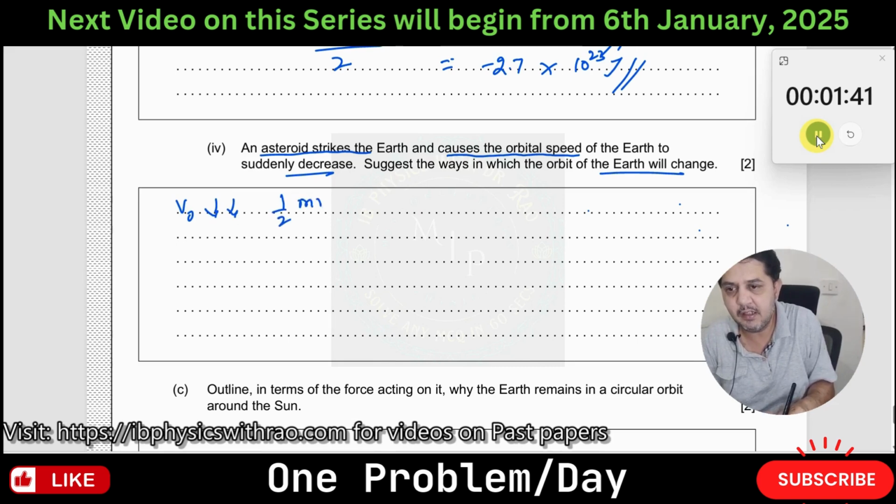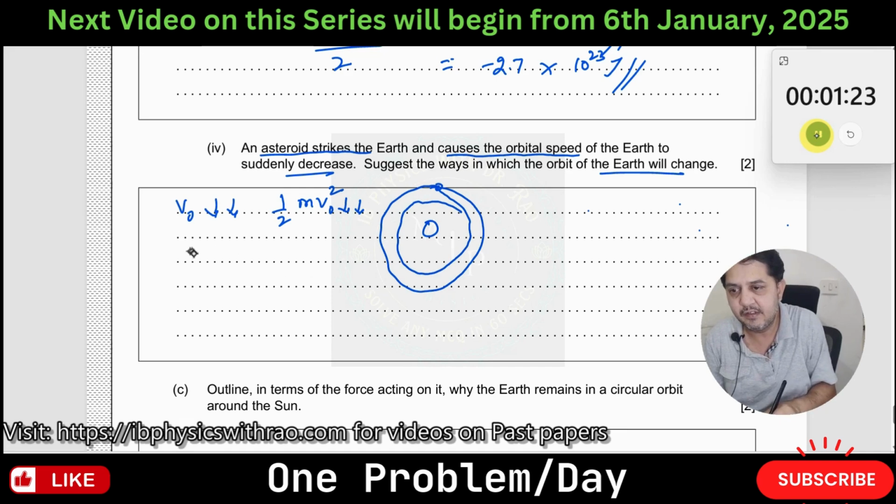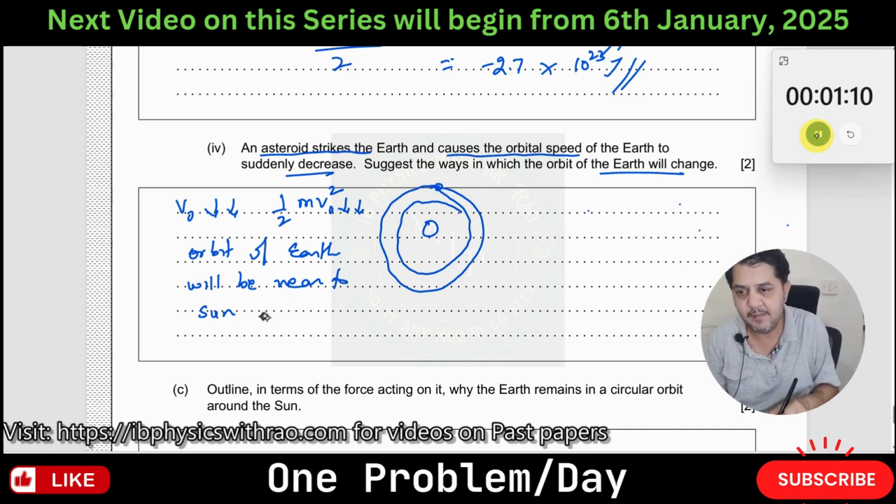The earth will have lesser kinetic energy. If it has a lesser kinetic energy, then what can happen? Now it is moving like this around the sun. So if it has lesser kinetic energy, it will now try to move towards the sun like this. So the orbit of the earth will be nearer to the sun, right? If it is nearer to the sun, which means what? Now the radius becomes shorter,